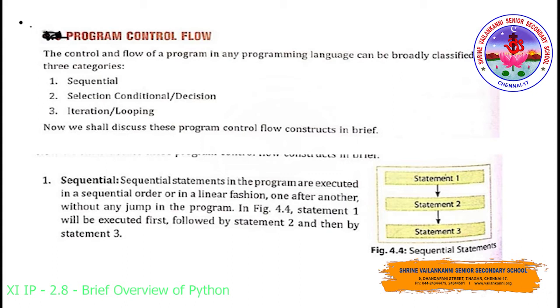When it comes to sequential statements, the programs will be executed in a sequential or linear fashion. That is, one after the other we will execute the statements, in an order. It will not jump from the first statement to the third statement. Like the adding two numbers example we have discussed, that represents sequential program statements. We have discussed many program based examples on the sequential statement concept. Now we will discuss selection and conditional statements.